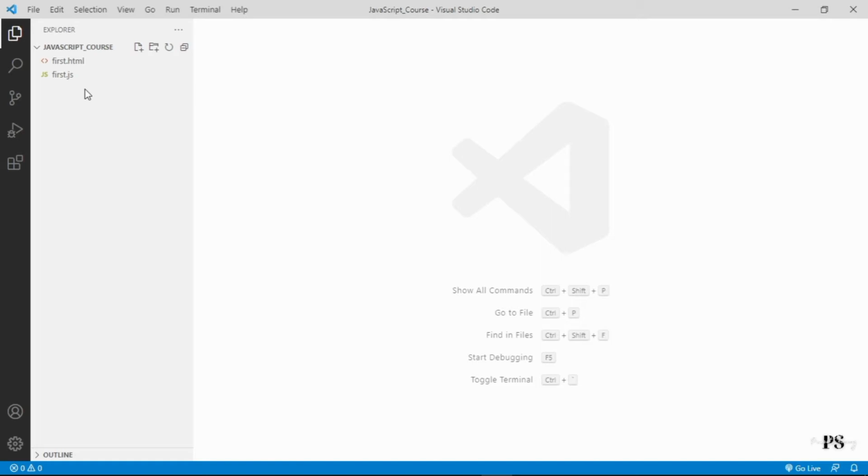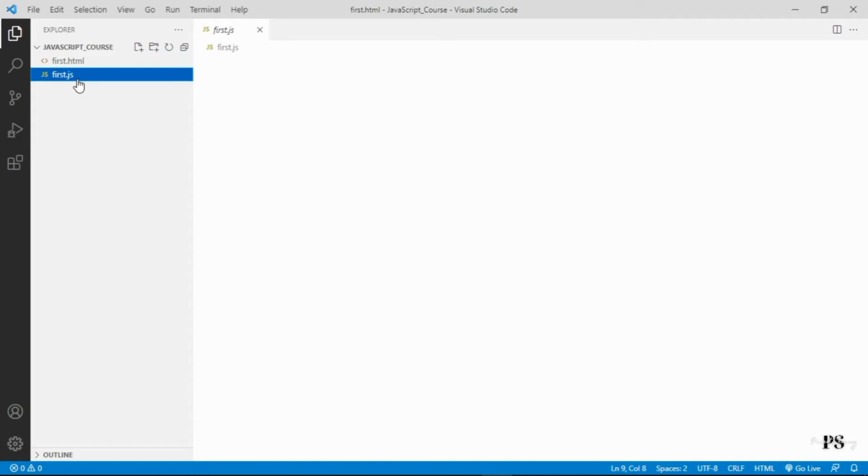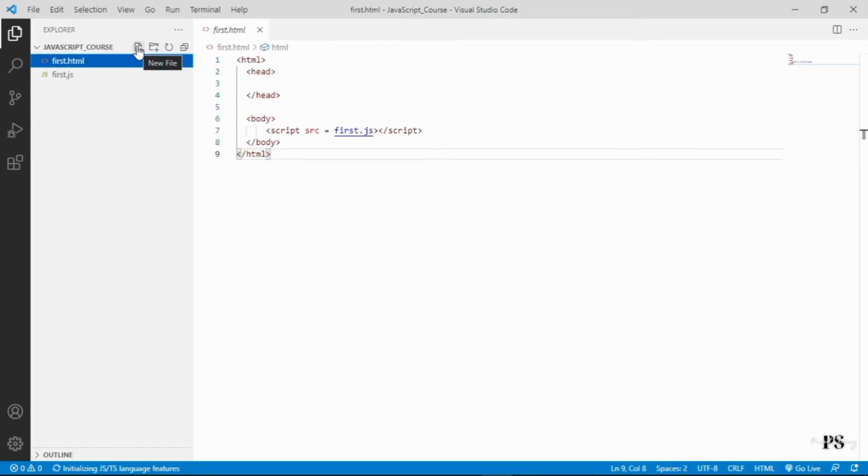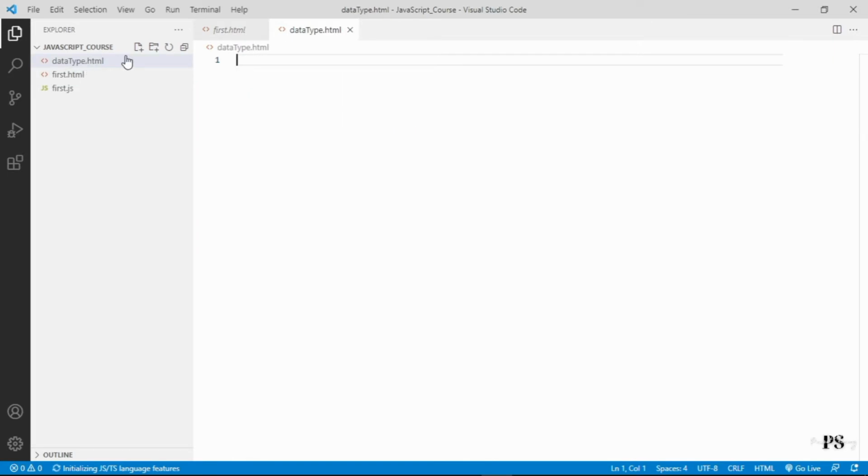Now, like these files, we will create two new files. We can name them variables, or you can say data type. One will be an .html file and the second one, as we created previously, will be data type .js, a JavaScript file.